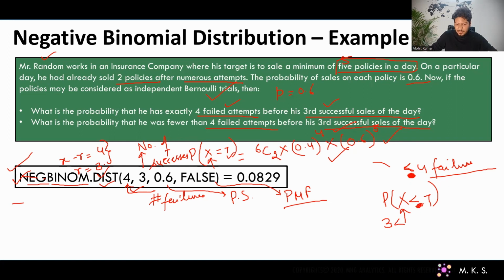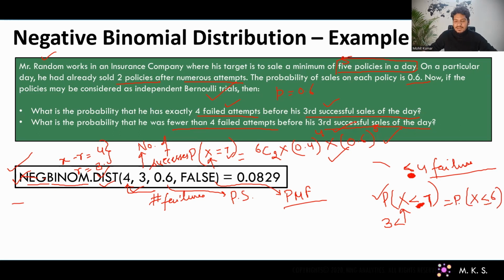So we can say probability of x less than 7. The equal to sign will not be there. I hope you understood, because here it said fewer than 4, not exactly 4, I mean not including 4, right? So probability of x less than 7. Now for that purpose, we have to calculate different PMFs, and then if you sum them, you will get your probability or CDF kind of thing, right? So this is actually a CDF, which you can write in the form of less than or equal to 6.